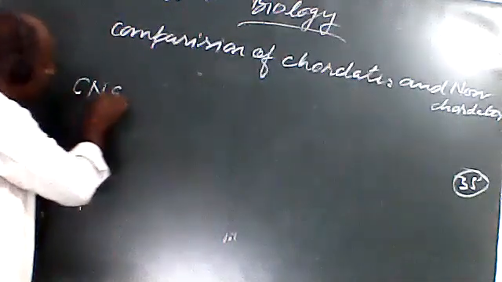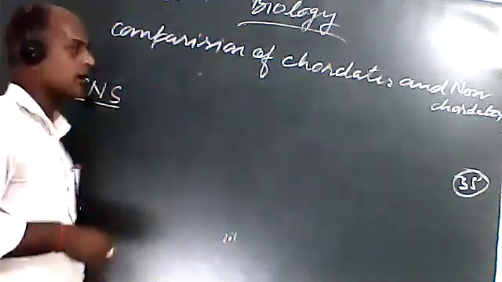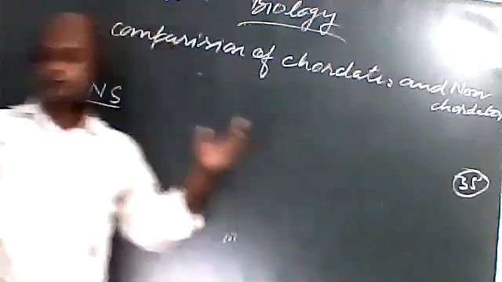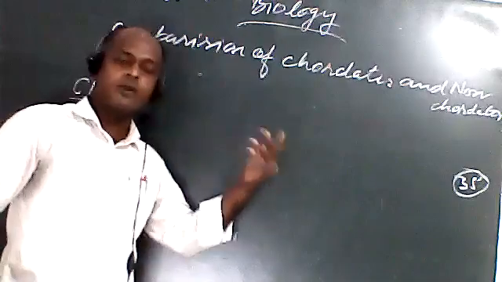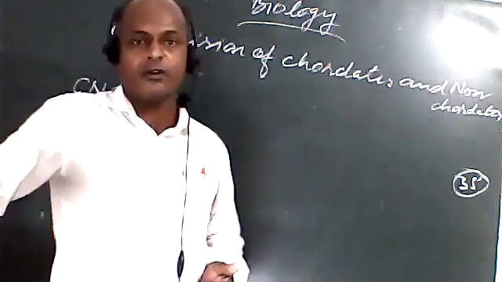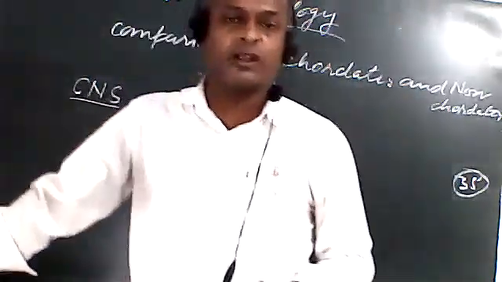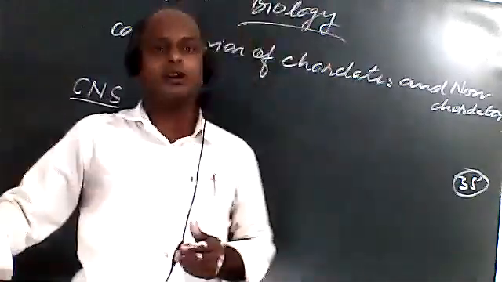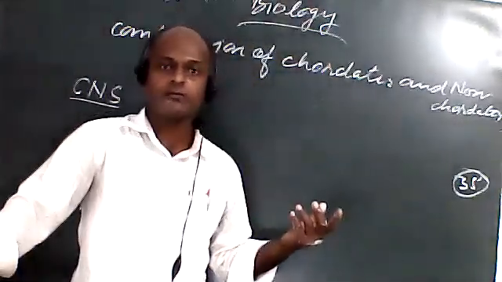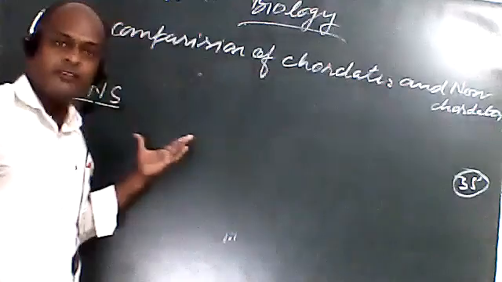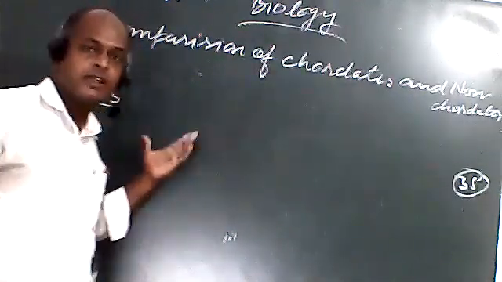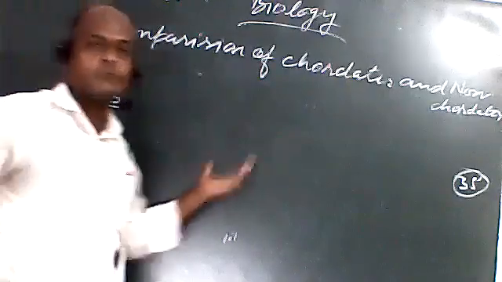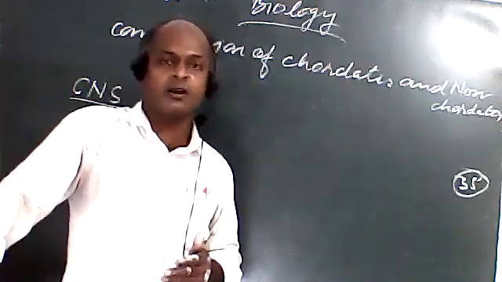and you are familiar with this CNS, Central Nervous System. हाँ, आप इससे familiar हो. This central nervous system, as you have studied, has a nerve cord on the dorsal portion of the body, and it is hollow and single. अभी हम पढ़े हैं ना. In case of chordates, this CNS, central nervous system, is present on the dorsal portion of the body.